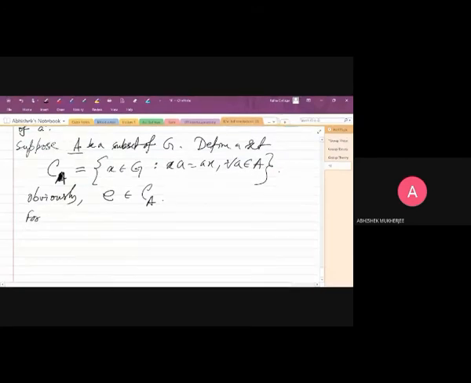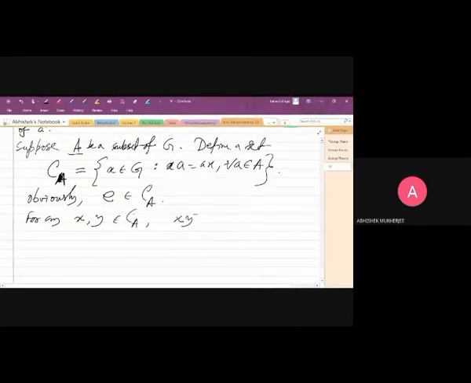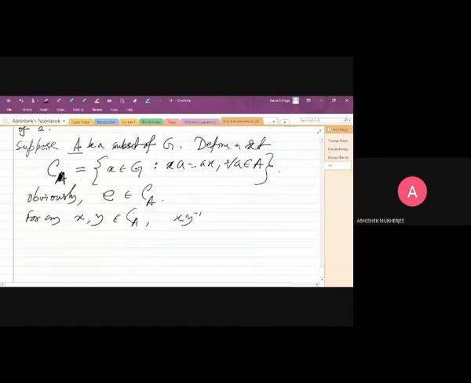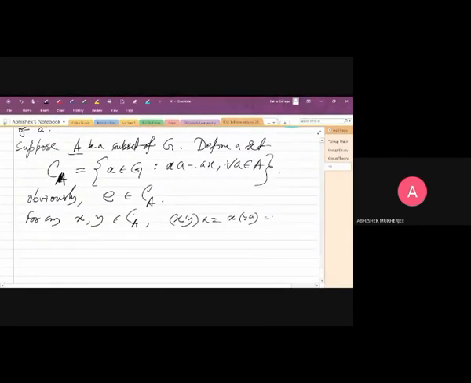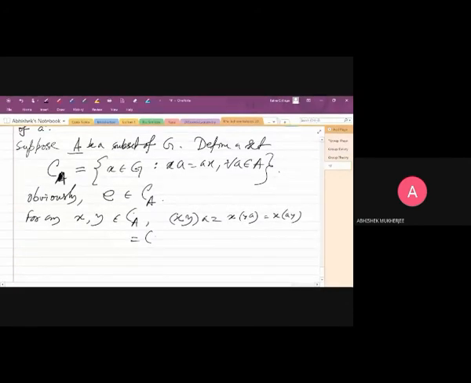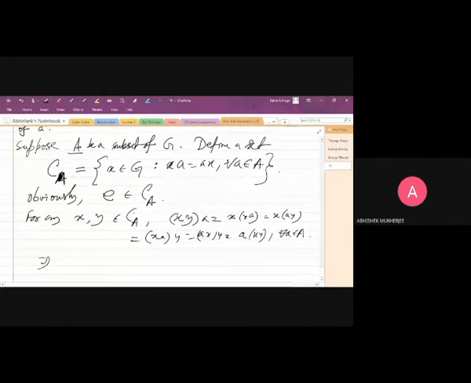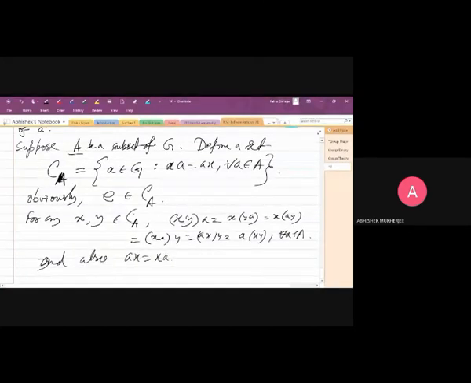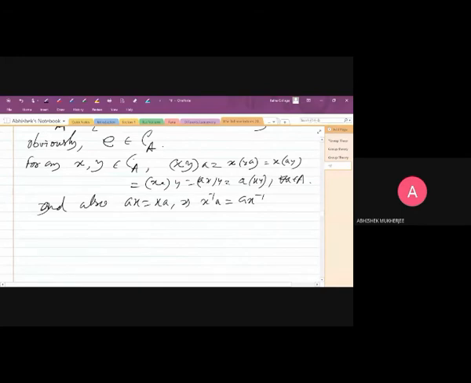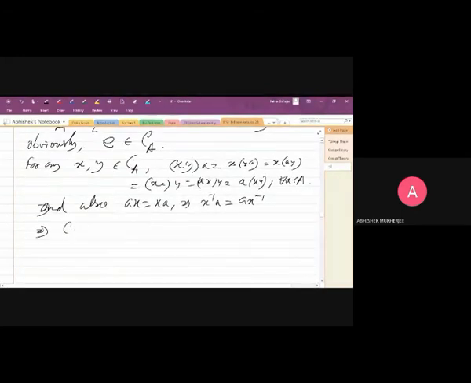And then again for any x, y belonging to C_A, you see that xya is going to be xay, and this is again axy, and this is true for all a belonging to capital A. Not only that, ax equal to xa implies x inverse a equal to ax inverse, right? And these two together will imply that C_A forms a subgroup of G